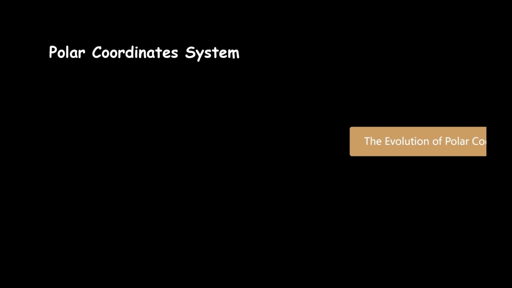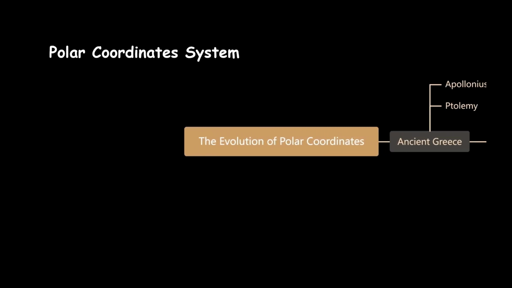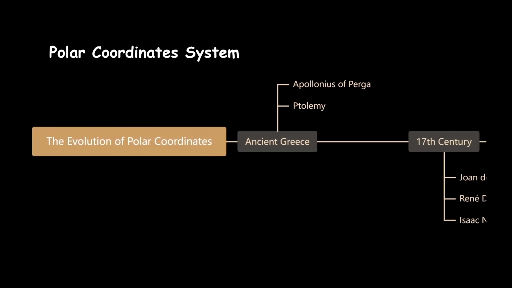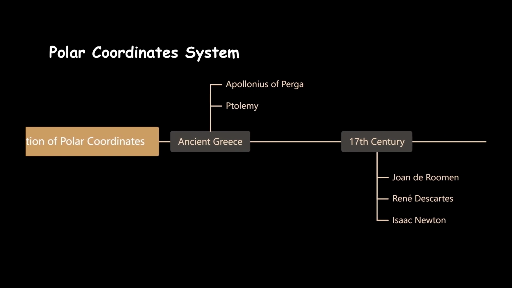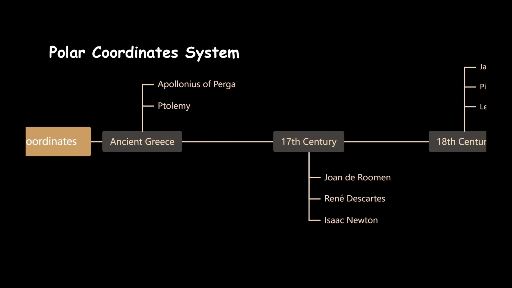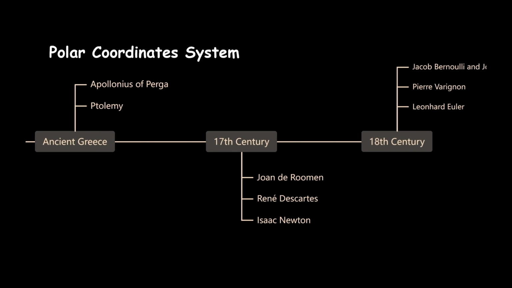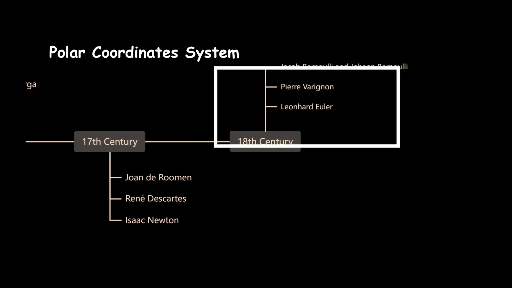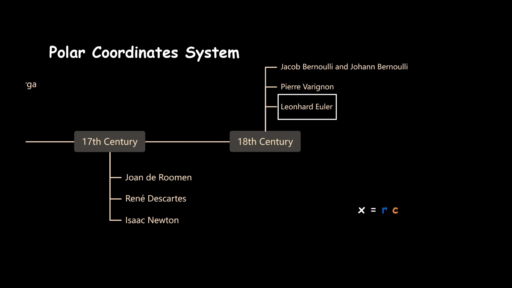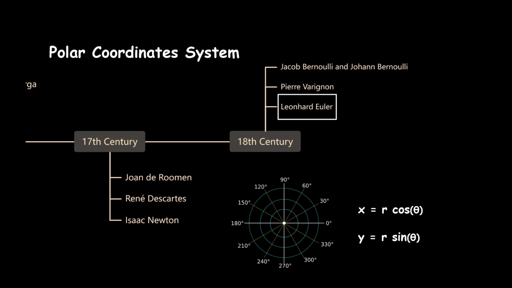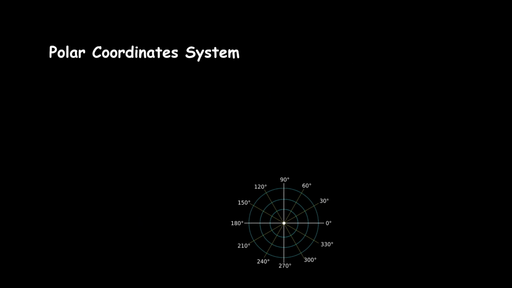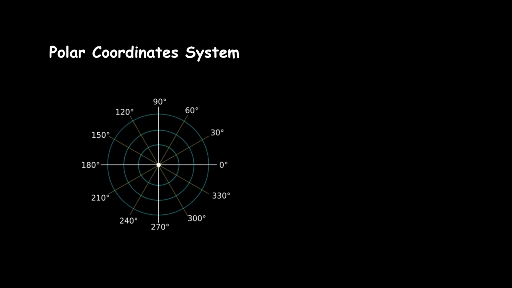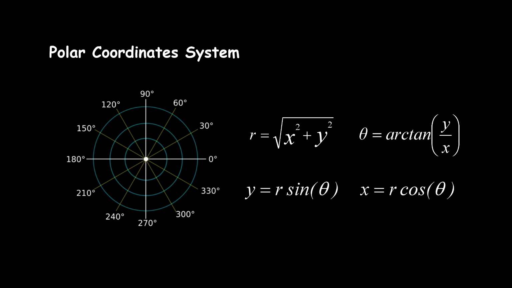Polar coordinates have a rich history, from Apollonius and Ptolemy, describing celestial paths to Newton's application in orbital mechanics. Euler formalized them in the 18th century, linking polar and Cartesian coordinates with key equations. This made polar coordinates essential in geometry, physics, and engineering. In the Cartesian coordinate system, coordinate x, y can be converted into polar coordinates as r, theta, which is particularly useful